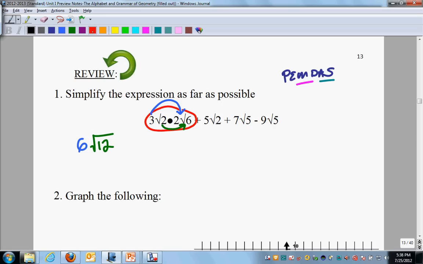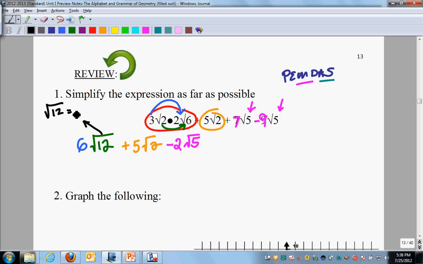And then we go through and we collect like terms. We have a 1 root 2 here, and there's no other root 2, so that's 5 root 2. And then we have 2 root 5s, so that's going to be 7 minus 9, so that's going to be minus 2 root 5. Now there's one more step to simplify, because this root 12 here can be simplified, so